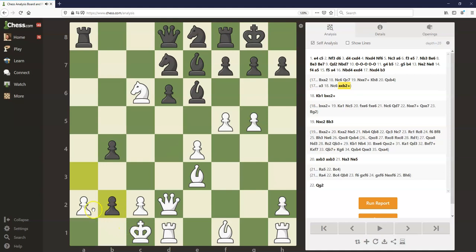If we take with the king, then rook takes a2 comes with check, and if we play king b1, then bishop takes a2 comes with check. So that would not be ideal, but I think white has really two good answers to this move. We could simply play f takes e6, or I think there's nothing wrong with just playing b3, keeping all the